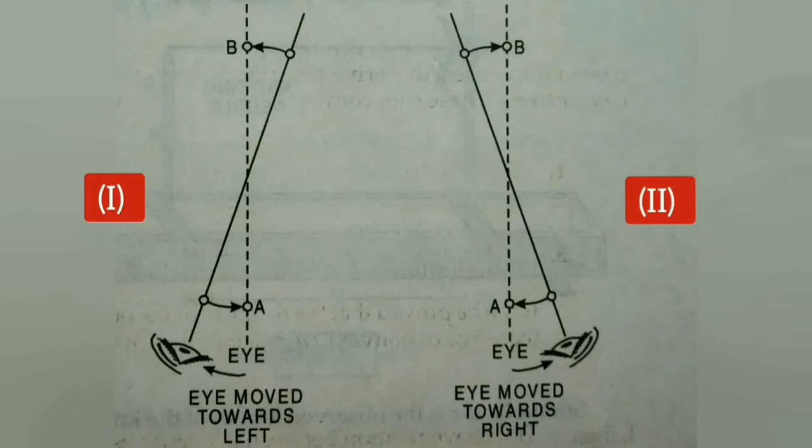Now if the two needles are brought near each other by moving either of them, it will be found that the shift of a needle from the line of common sight also goes on decreasing. The line of common sight is shown by the dotted lines. Now, the parallax between the two needles decreases as the two needles are brought near each other.